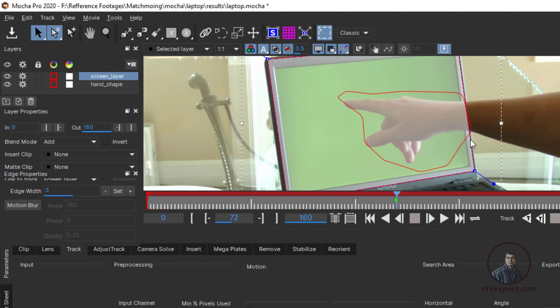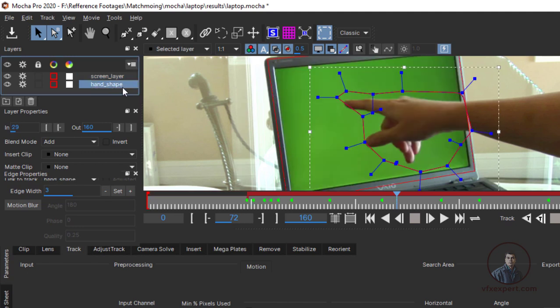So we have to ignore this area from your screens area. This is important. First you have to place your shape, the garbage shape, above the screens layer, above the tracking layer. So just select and move up.